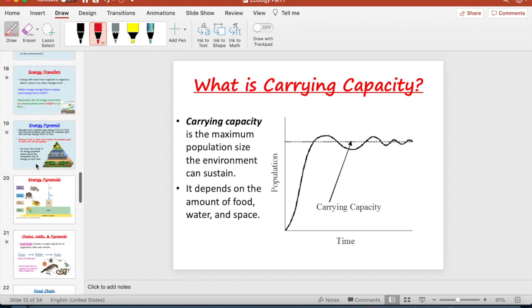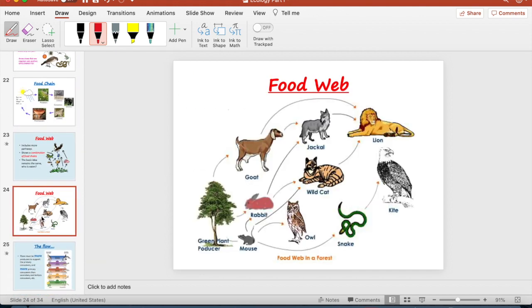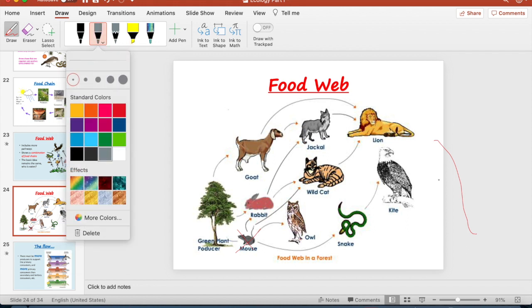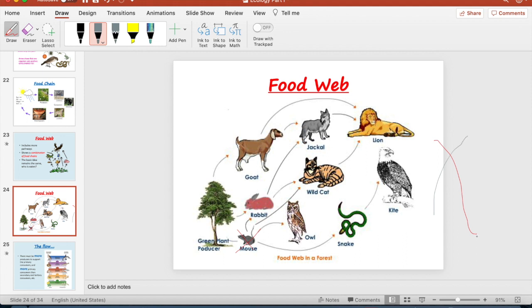And then we can tie this right back into the food web. So let's say, for whatever reason, there was an overhunting of mice. So now there's no more mice. So now the mice population went straight down. The owl population, let's give them gray. When there was a lot of mice, well, guess what? There was a lot of owls. Now there's no mice. What's going to happen to the owls? What's the only thing the owl eats in this food web? It's mice. Now this population will die.